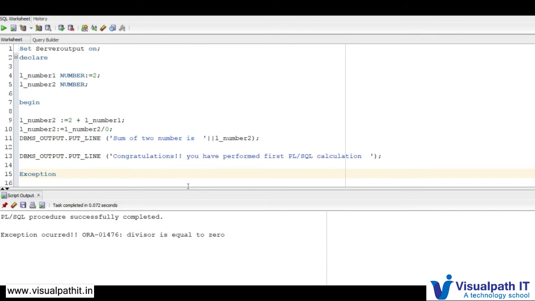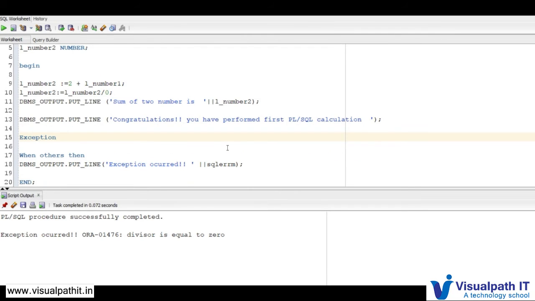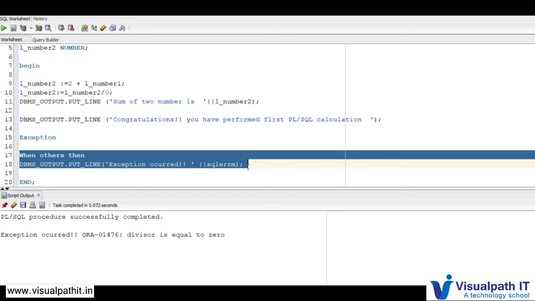See, what I did is include one exception block to handle all the unwanted situations which might come during execution of my execution section.